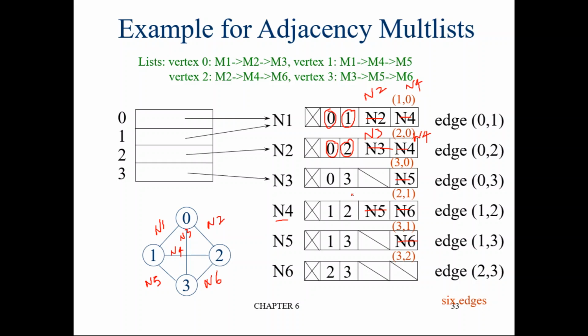Now come here. So this is 0. Go down and check where the first 0 occurs. There is no 0 here. There is no 0 here. There is no 0 here. There is no 0, so just keep this pointer as null. It is not pointing anywhere. All these are pointers. Now take this 3. Where does the first 3 occur? No 3 here. Here there is a 3. Okay, so n5. So the second pointer becomes n5.